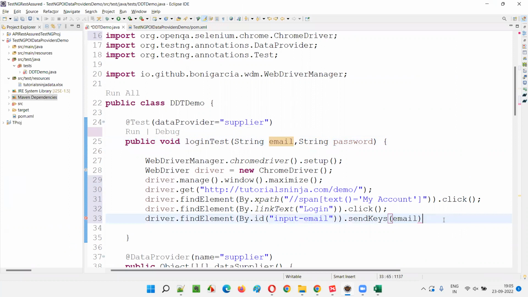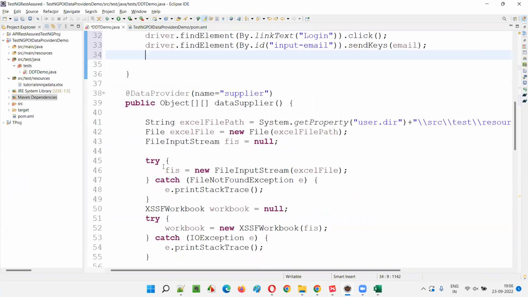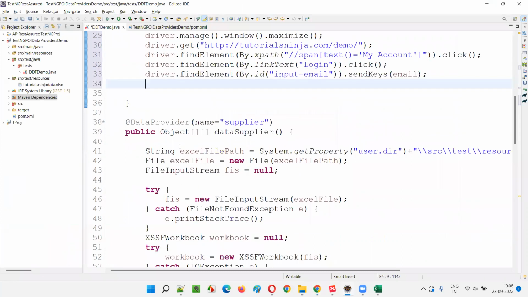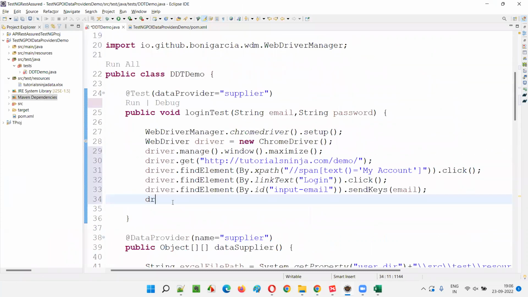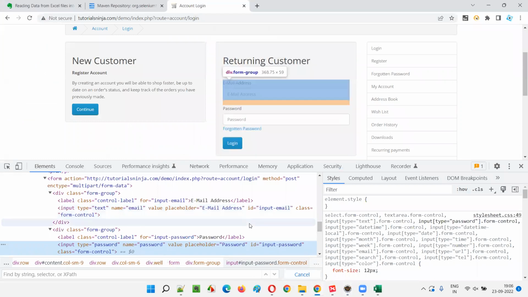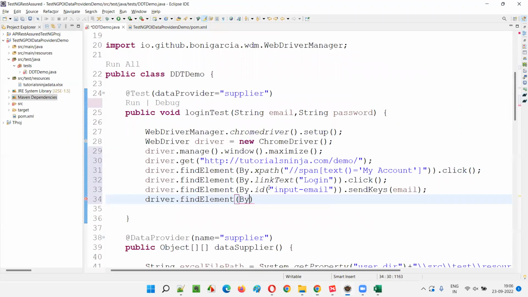Pass the email in the send keys, whatever email is being passed by this test method. The data provider method is reading from the Excel file and we are getting it here. So driver.findElement by ID password field, guys. For the password field, let's inspect it. Here the ID is there. Copy this ID into By.id